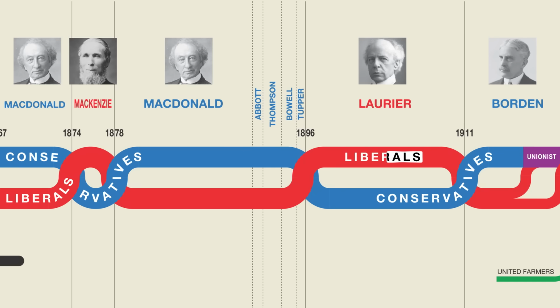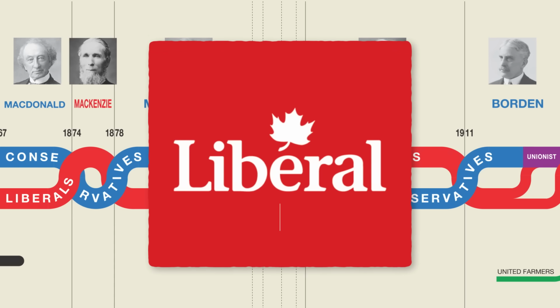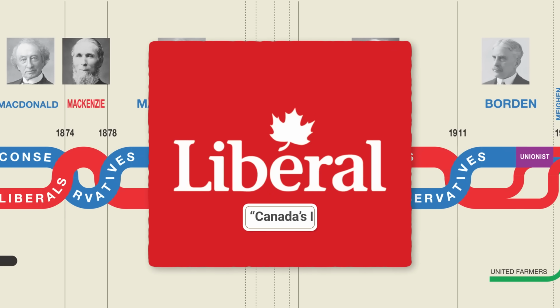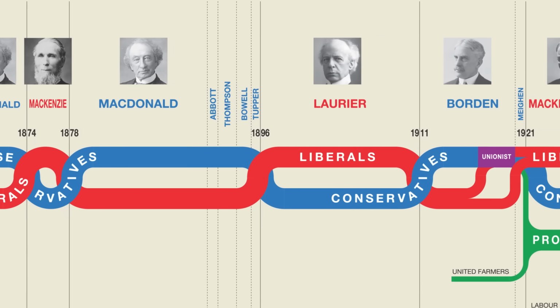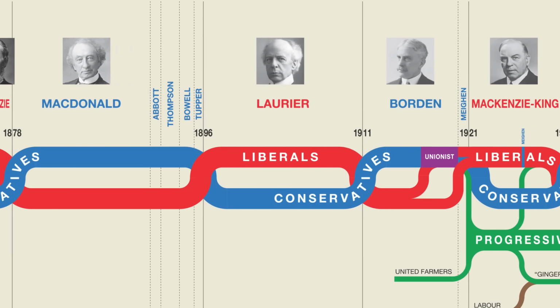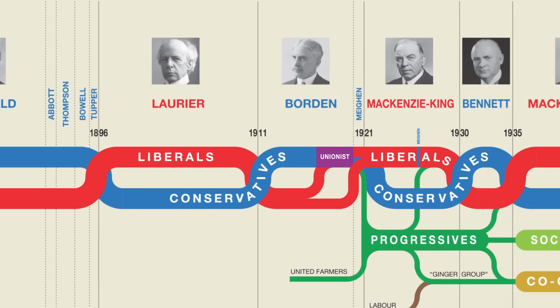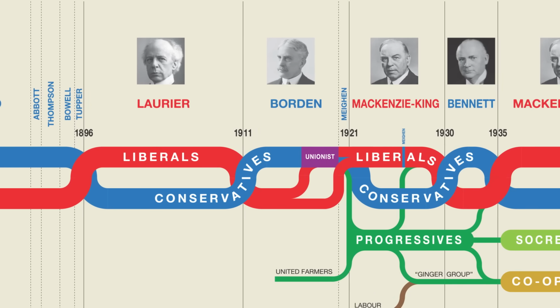From 1896 to today, they've held power 75% of the time, which is why they are sometimes referred to as Canada's natural governing party. They did not, however, hold power at the start of World War I, which led to an interesting situation. You see, during that war, there was a major debate over whether or not Canada should conscript soldiers. The governing Conservatives, led by Sir Robert Borden, were pro-conscription, but the Liberals were divided on the issue, mostly